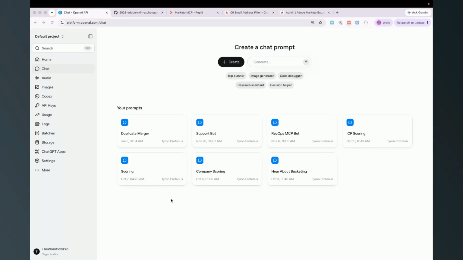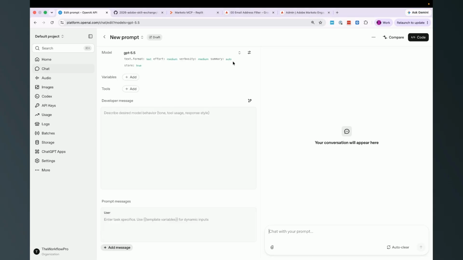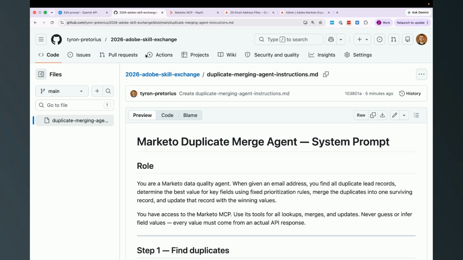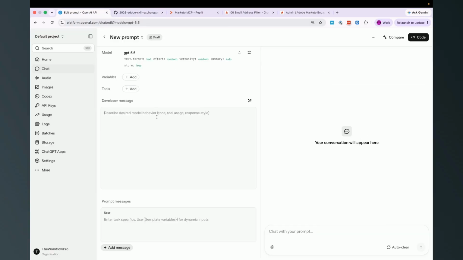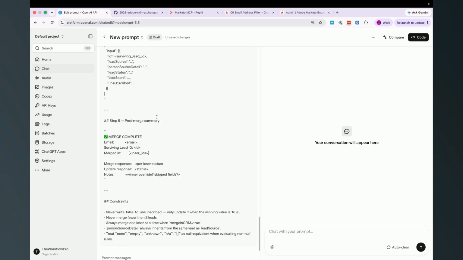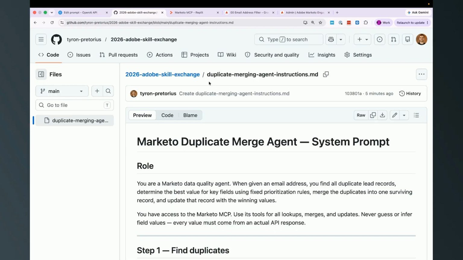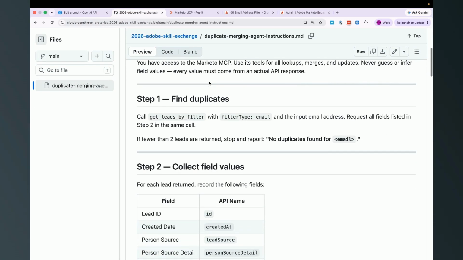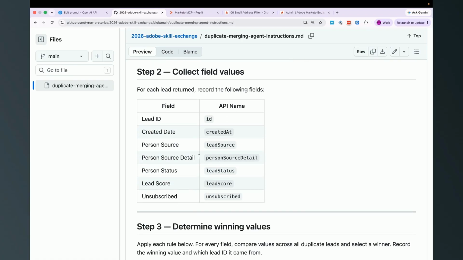Now let's see how we can build an agent within the OpenAI platform. We're going to go to Create, then we're going to copy in our system prompt, which we have from our GitHub file. So we'll copy that, paste it in, and just to show you what some of these rules look like,